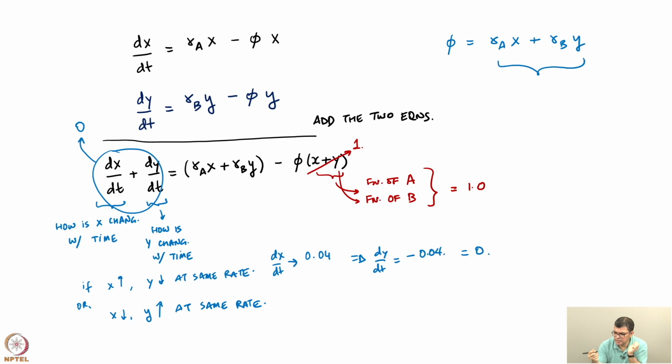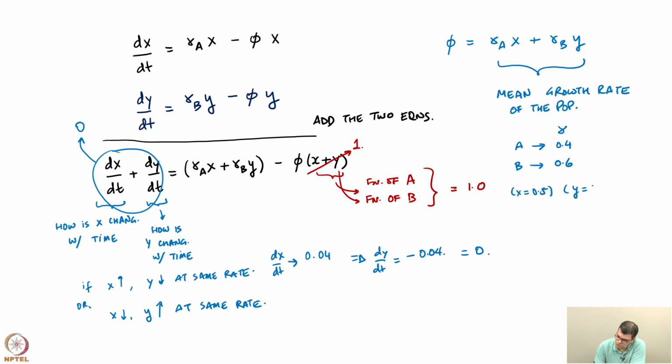And now we come to this middle term and try to understand what this is. You should realize this is the mean fitness, or mean growth rate, of the population. What that means is, let's make a table to understand this better. Let's say this is Ra and this is Rb. For A, let's say the growth rate Ra is 0.4, and the growth rate of B is 0.6. Then at any given point in time, if x is equal to 0.5 and y is equal to 0.5, which means the number of A type individuals is 50% and the number of B type individuals is 50%, then the mean growth rate